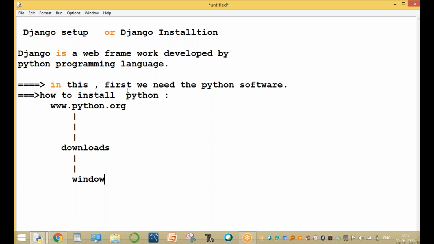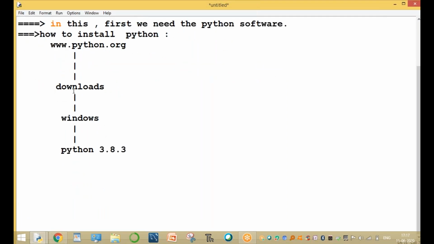The present version changes day by day. Now the latest version is Python 3.8.3. First install this software and set up Python only. After the Python setup is completed, we will install Django.